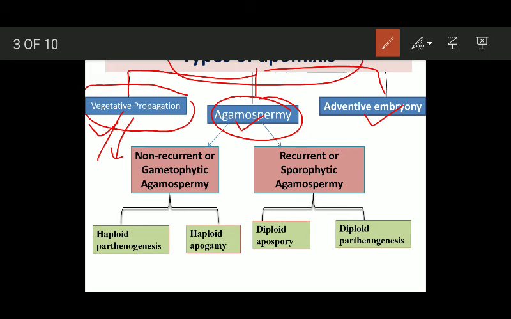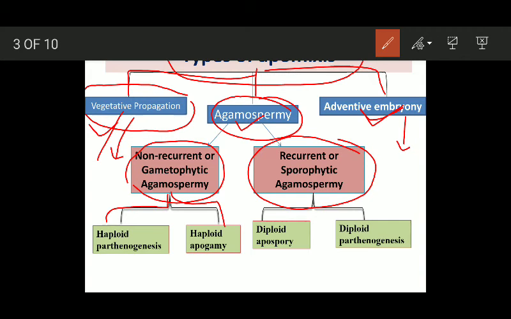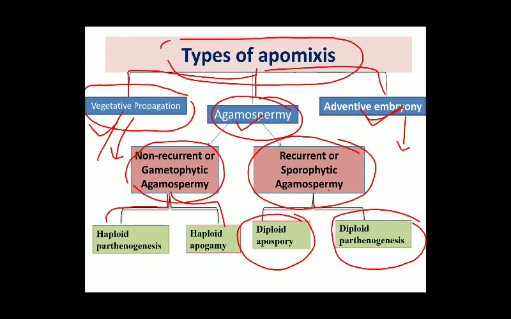तो दूसरा है एगेमोस्पर्मी। एगेमोस्पर्मी में इसके खुद के टाइप्स है, नॉन रिकरेंट और गेमेटोफिटिक एगेमोस्पर्मी, जो हम आज डिस्कस करने वाले हैं। एंड देन वी हैव it is another type, recurrent or sporophytic agamospermy, okay। and ये वाला जो है, ये हमने ऑलरेडी डिस्कस किया हुआ है पॉलीएम्ब्रियनी में। पॉलीएम्ब्रियनी में हमने थोड़ा डिस्कस किया है, आज हम और जानेंगे इसके बारे में, ओके। तो जो नॉन रिकरेंट है, इट इज ओन टाइप्स, हैप्लॉइड पार्थेनोजेनेसिस एंड हैप्लॉइड एपोगेमी। एंड लाइकवाइज recurrent or sporophytic agamospermy, it has its own types, diploid apospory and diploid parthenogenesis, okay।